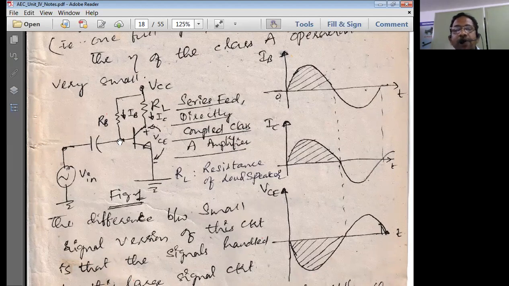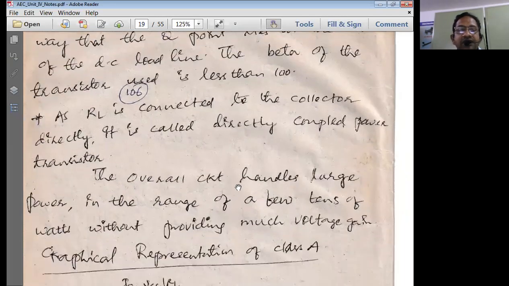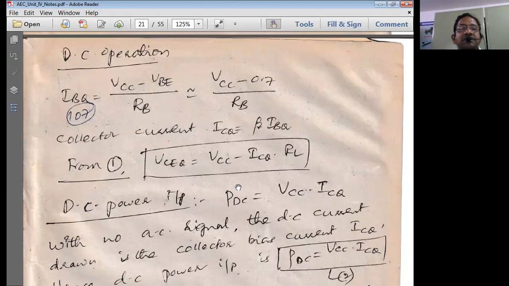Current is equal to voltage by resistance. Now, what is the voltage that we have here? For this current, it is VCC minus VBE by RB. That current, called IBQ, is the bias current. So therefore we can just simply get the bias current. Let us look into the bias current now. See, VCC minus VBE by RB is the bias current. VBE generally would be 0.7.